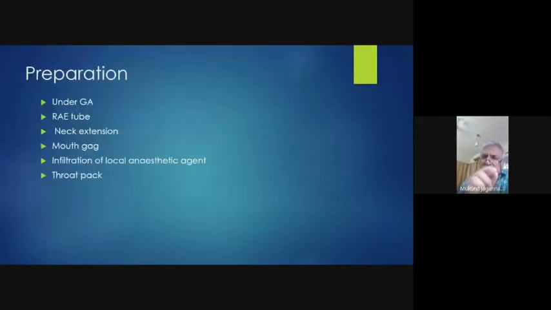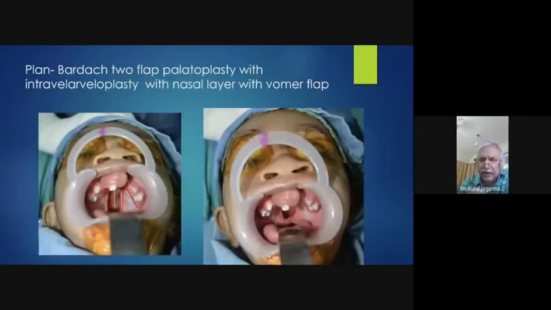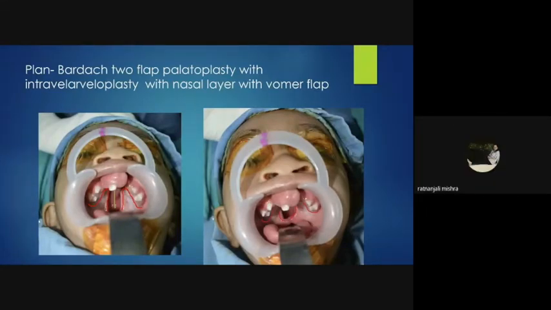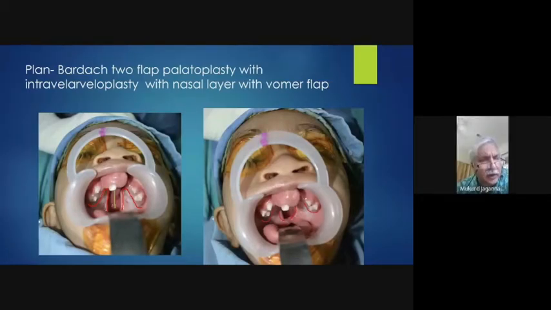Now, that is as far as the hard palate. What do you do for the junction of hard and soft palate? How do you close there? Sir, my screen is visible, sir? Yes, sir. For the junction of hard and soft palate, I will elevate the mucoperiosteal flap till the greater palatine vessel, sir. No, that is for the oral layer. I'm still on the nasal layer.